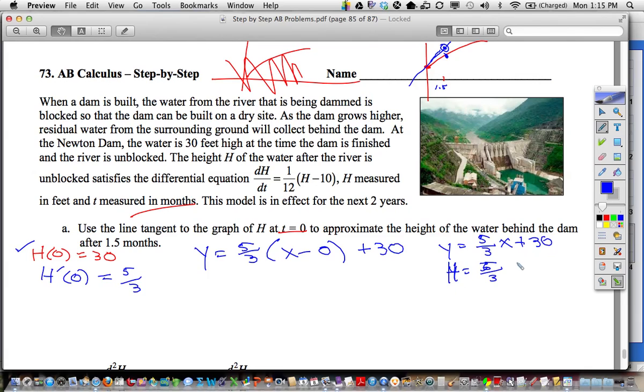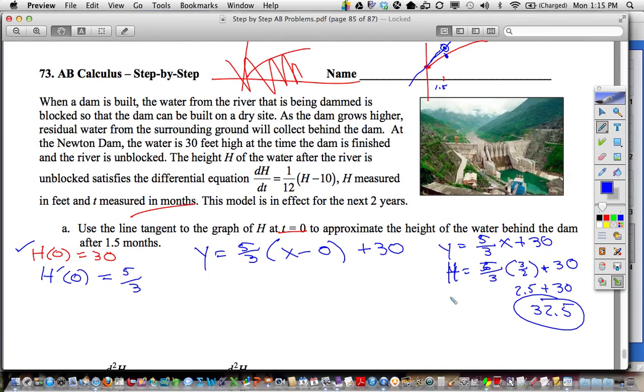h equals 5/3 times, I would put 3/2. That's a good move. There's no calculator. What's 5/3 times 3/2? 5/2, which is 2.5, plus 30. So at 1.5 months, 32.5 feet of water. Now, is that the exact answer? No. That's the point on the curve, on the tangent line. But since 1.5 months is pretty close to 0 months, we think that the tangent line is a decent approximation